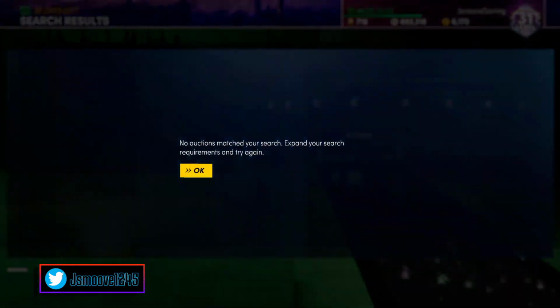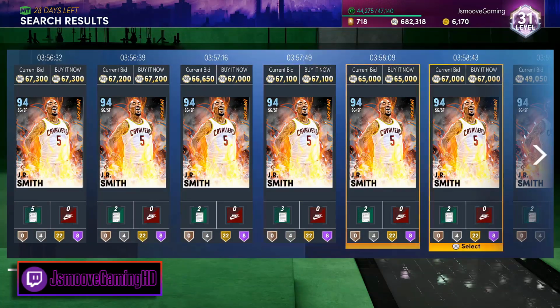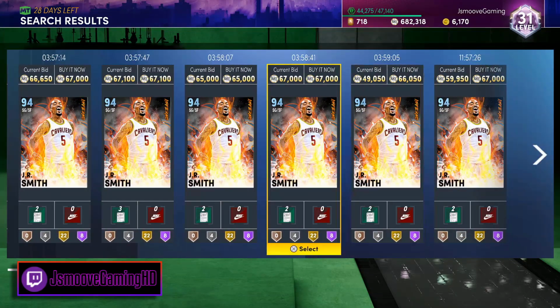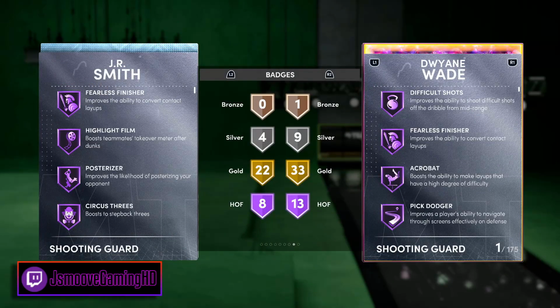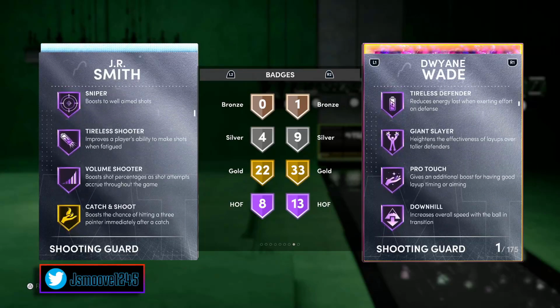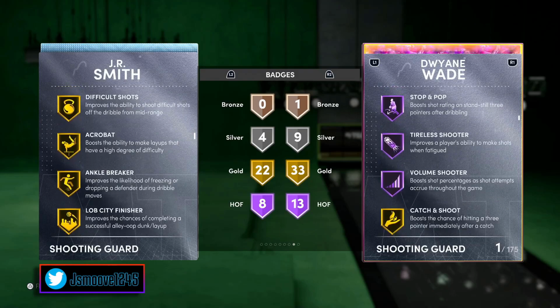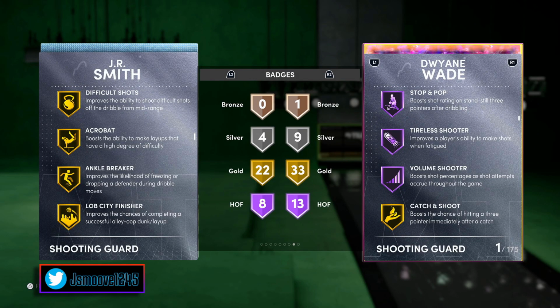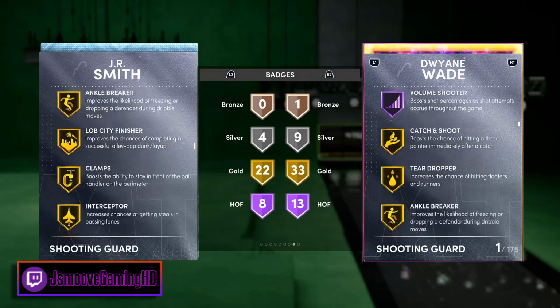And on this filter, you're going to be seeing around the 60 to 70k range. You're going to be seeing J.R. Smith. He's around 67k at the moment. J.R. Smith has Hall of Fame Posterizer, Hall of Fame Circus 3s, and Hall of Fame D3 Sniper Volume Shooter. This guy is a pretty good budget card. He may get lower. You could see him for around 40k. That's an absolute snipe at the moment. He may not go that low until probably the next big pack drop, but this is definitely one card you should try out,